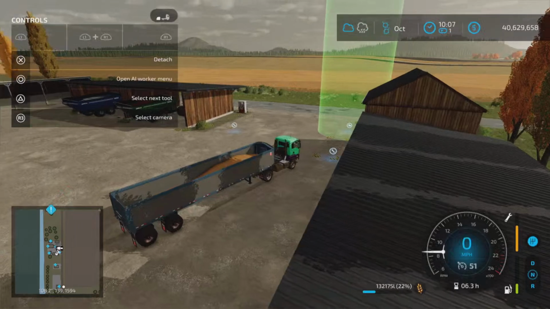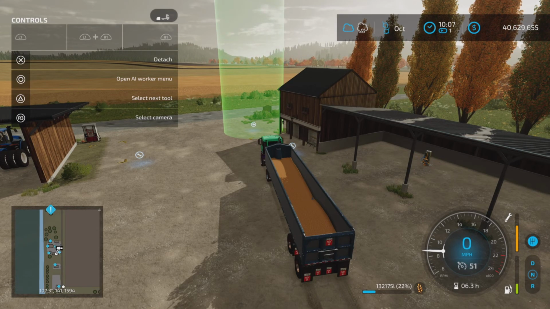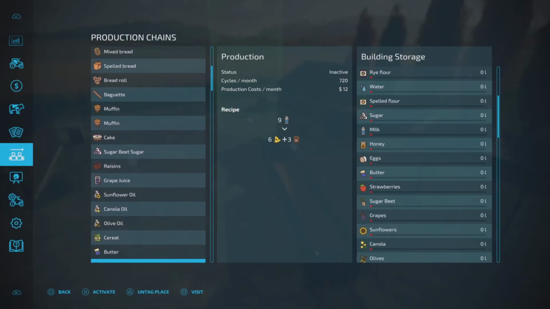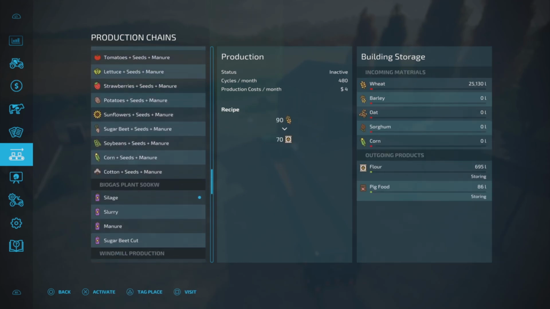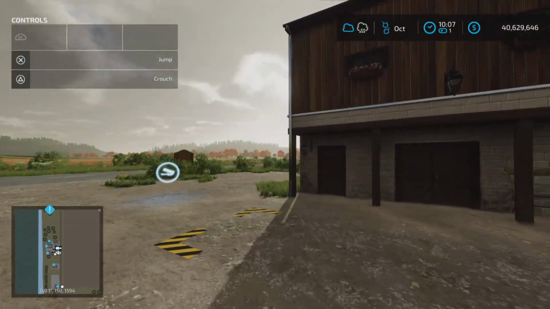All right, so from that little strip of spelt, we have 132,175 liters of spelt, and oddly enough, looking at the mill that we bought, remember down the windmill mill, it does not take spelt for spelt flour. We can't make spelt flour there. It's like, oh, okay. That's interesting, but we can at our